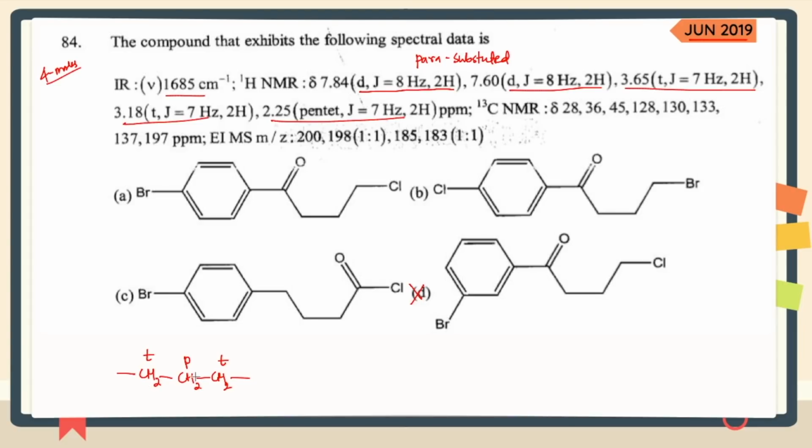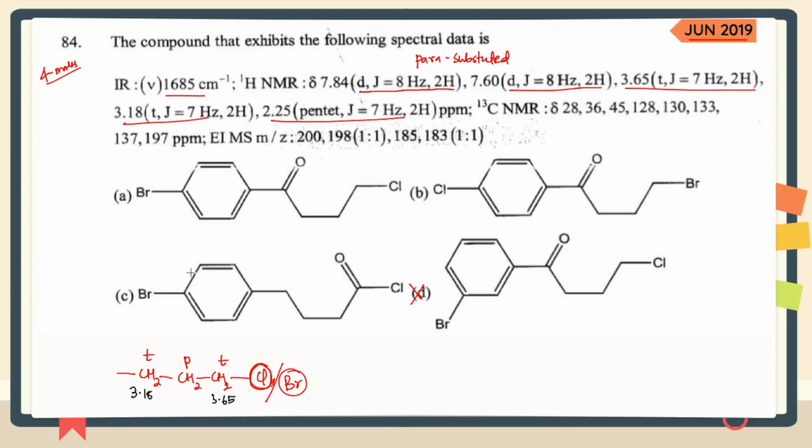And the chemical shifts now you have to analyze. This particular one is giving you 3.65. So this particular CH2 is basically attached to some electronegative group, either chlorine or bromine, that we cannot say, but right now let's assume that it's chlorine or bromine, anything. And this side the triplet one is having 3.18, so its chemical shift is quite lower. So it's 3.65, having high chemical shift because of the attachment directly with the electronegative group. Here this value is 3.18 because it might be attached to the carbonyl group. So that's the only option which you have.